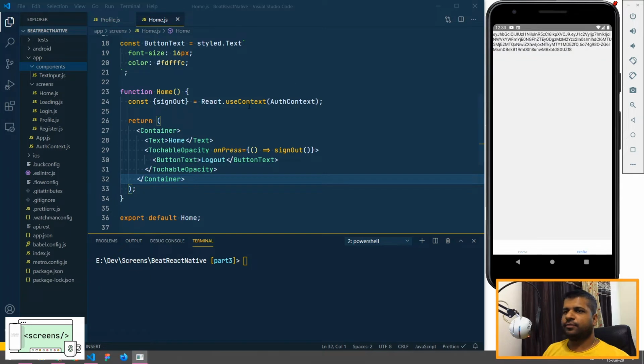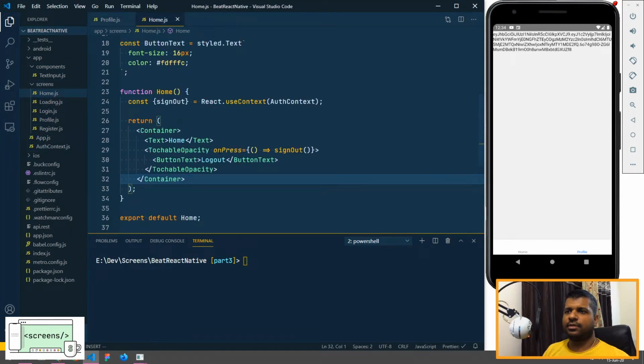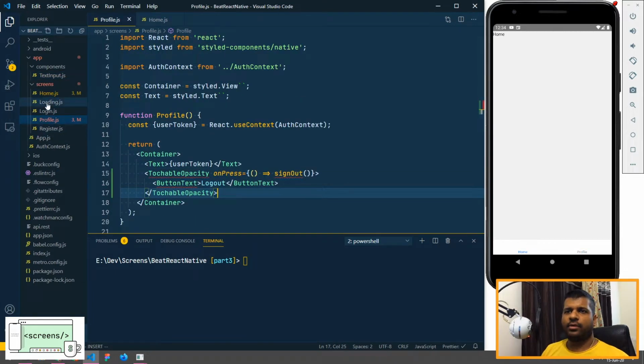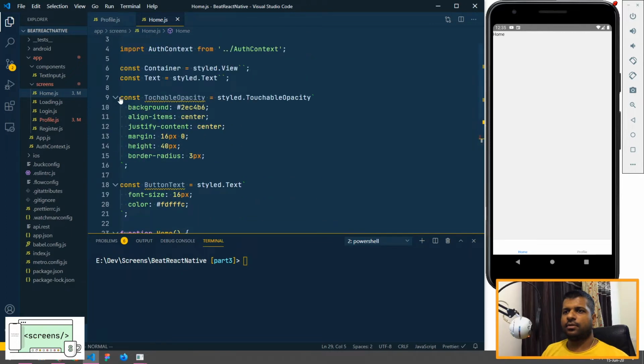So first, what I'll do is I'll move the logout button to the profile screen. Okay, so I'll just move. So now I need to copy over the styles as well. And let's go ahead and copy it.